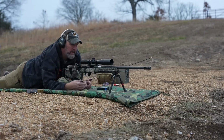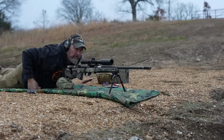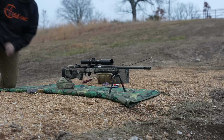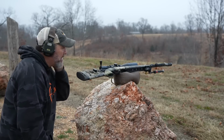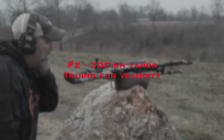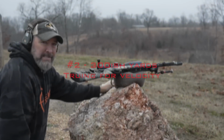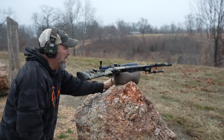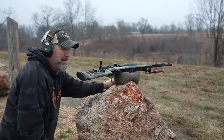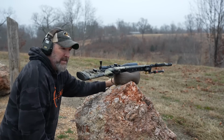All right, get these turrets slipped. Let's go over to long range. I'm over here, positional, obviously off the rock, and I've got a target array out there. It's a plate rack at about 385 yards, and my entire goal right now, because I did not chronograph this,